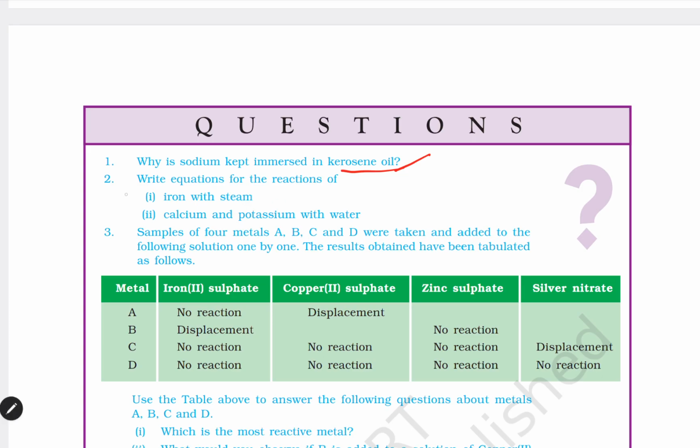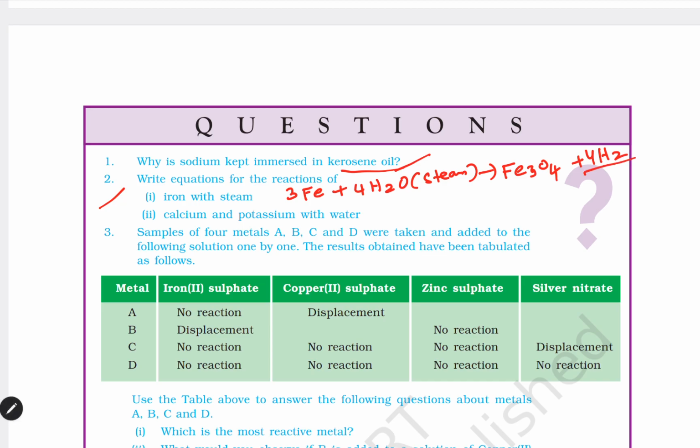Write the equation for the second one. Write the equation for the reaction of iron with steam. So iron reacts with steam to form iron oxide and hydrogen gas. This you already learnt. So now we write the equation for iron reacting with steam. This is steam, so you will get iron oxide, Fe3O4, plus hydrogen. So this is a balanced chemical equation for iron reacting with steam to form iron oxide and